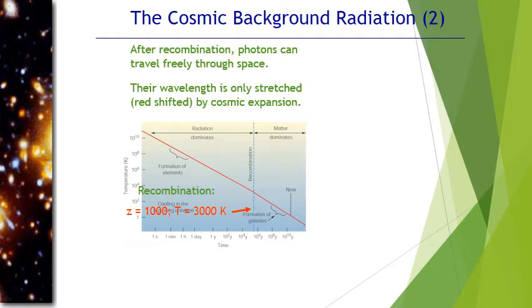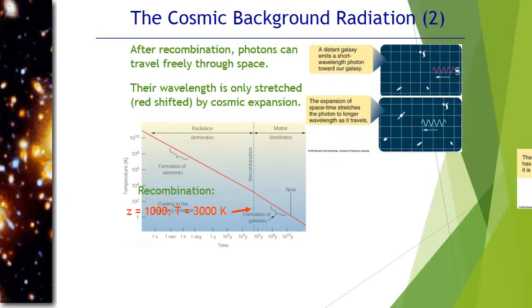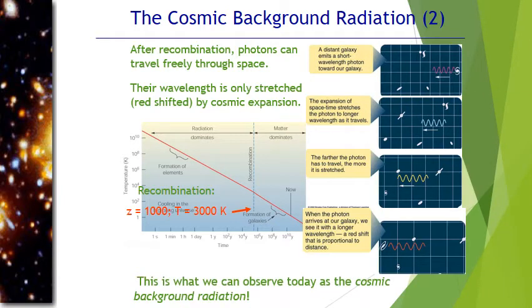But at the time of the cosmic microwave background radiation formation, when it actually formed, the temperature of the universe, this is right around recombination, was about 3,000 Kelvin. So now this stuff appears to be coming from a source that's about 2.7 Kelvin. So it appears to be much cooler than